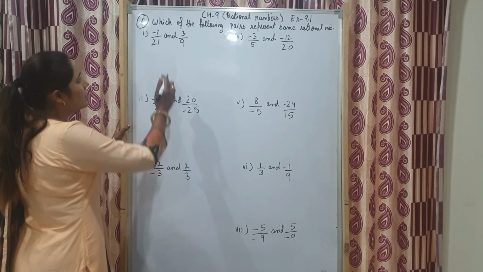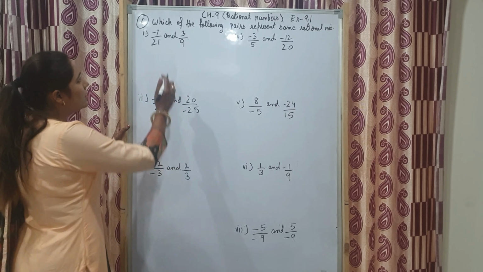Now next, minus 4 upon 5, minus 5 upon 7. Now both are negative. How will we do it? If both are negative, which one is greater and which one is smaller? For that question, we will do cross multiply. See, 7 will multiply with minus 4, but we will write it on the left hand side, not on the right hand side. Otherwise, it will go wrong. So 7 into minus 4, we will write on left hand side. 5 multiply with minus 5. Now I will get minus 28 and minus 25.